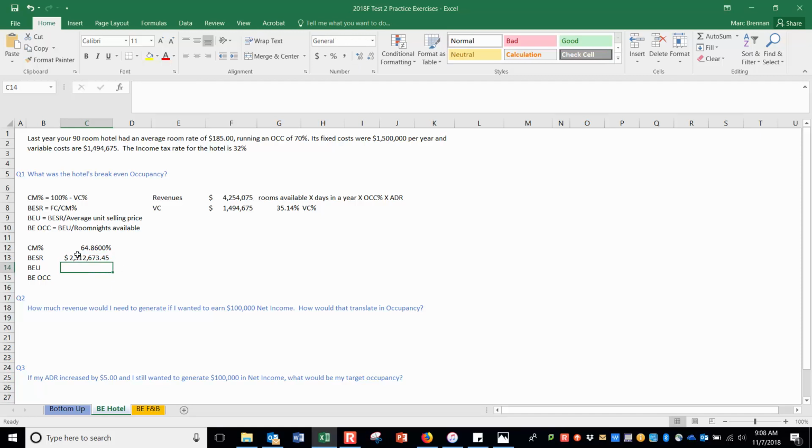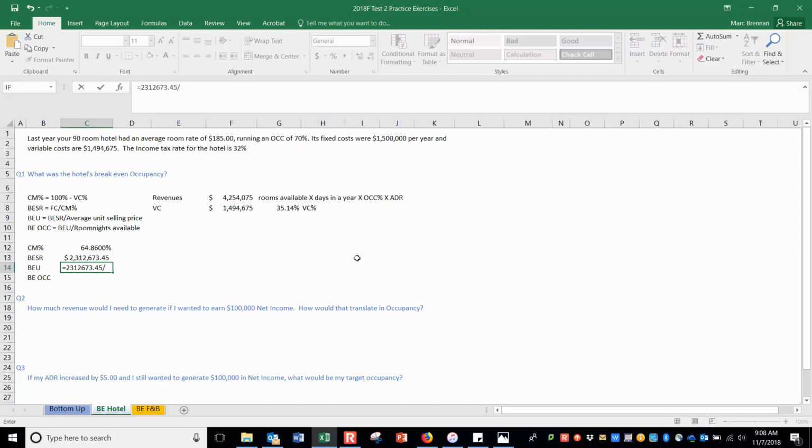To break even last year, this hotel needed to hit $2.3 million in revenue. And that's the moment where they didn't make any money profit-wise, but they also didn't lose money. Okay. So now to figure out my break-even units, I would simply go my break-even sales revenue, which we just figured out,